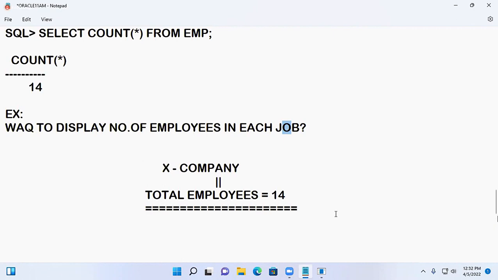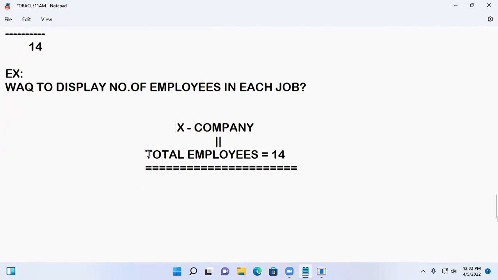Next, I will go to the MTech group. Counting MTech people, MTech people are 20. Next, I will go for MCA people. MCA counting is 40. So 40 plus 40 plus 20 is total 100. So here, first of all, I want to make groups. So here also, first in this X company, the total strength is